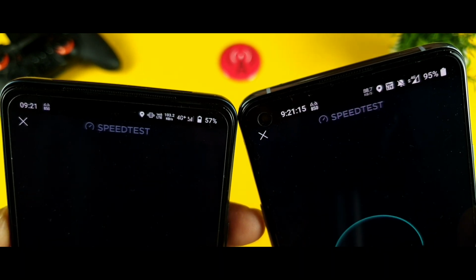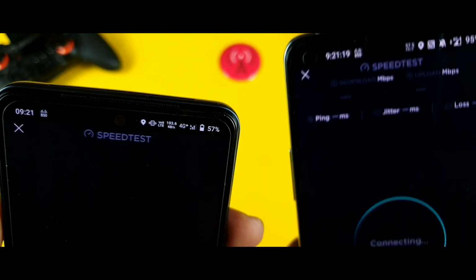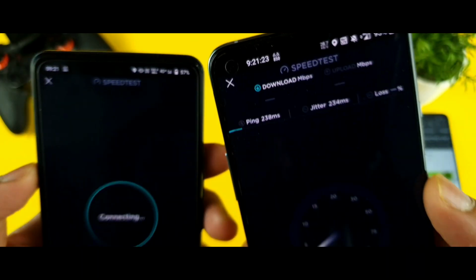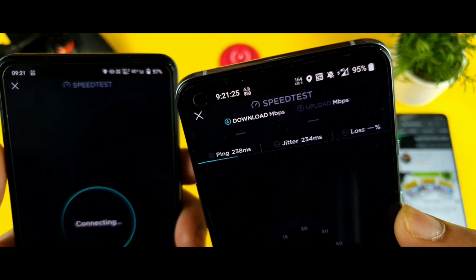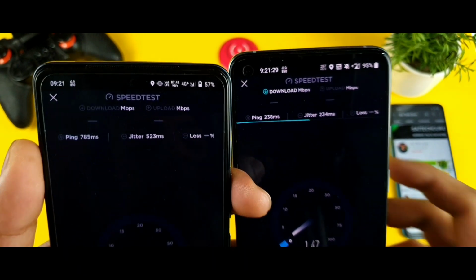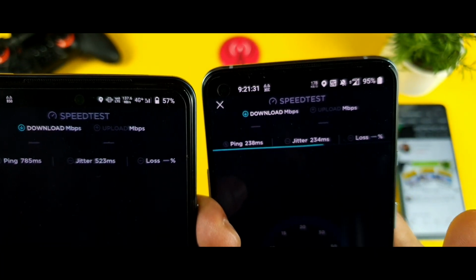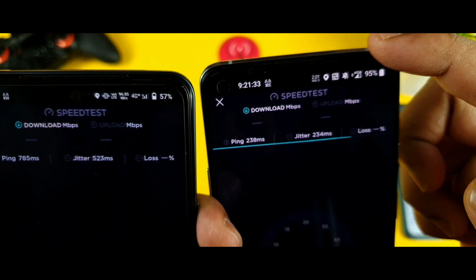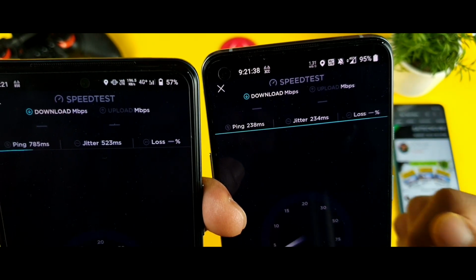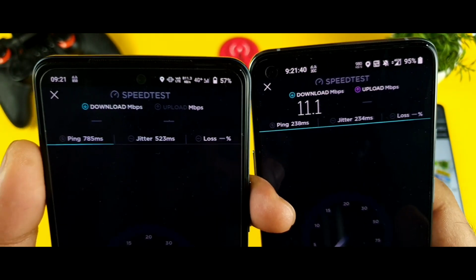And you can see in the iQOO 7 the 4G plus is staying continuously with this band of 850. It's not changing. And right now in the OnePlus 8T device we are getting the normal 4G. There is no 4G plus. So there's a huge difference between the 4G plus and the 4G. If you get the 4G plus, the speeds will immediately speed up. As you can see the speeds, how they went up.